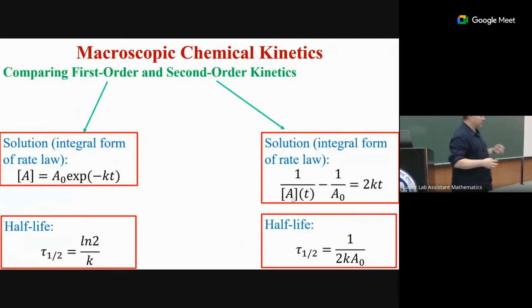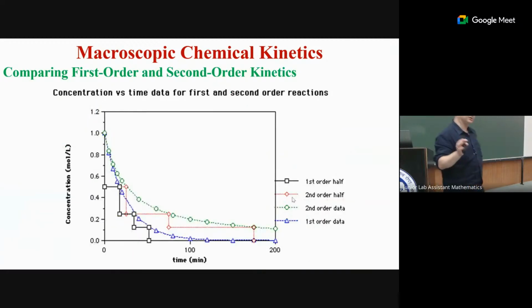Now, so I have first order reaction and second order reaction. In all cases, the concentration of compound A, the original reactant, goes down. How can I distinguish the first order or second order reaction? This theoretical analysis allows me to do it. If first order, this is exponential decay. If it's the second order, it's inverse power decay, right? And the half-lives are different. It's better to understand this by looking at the graph instead of the formula.